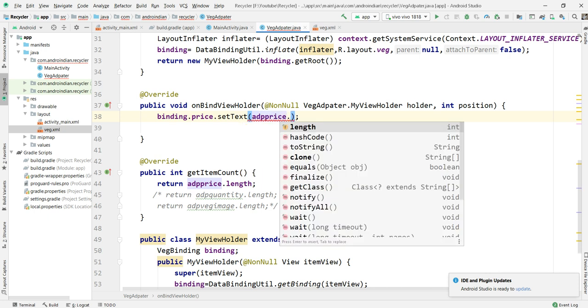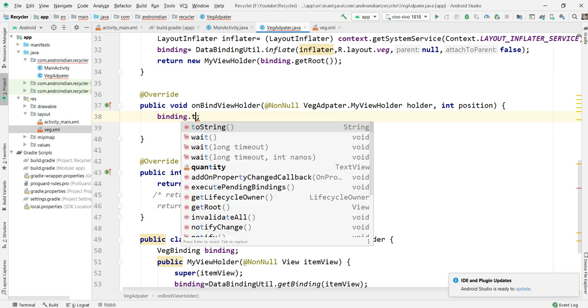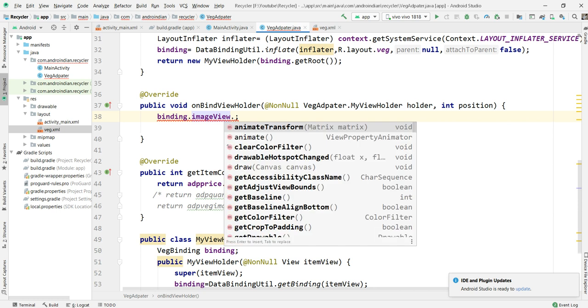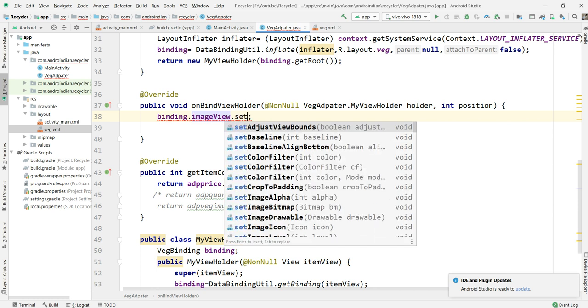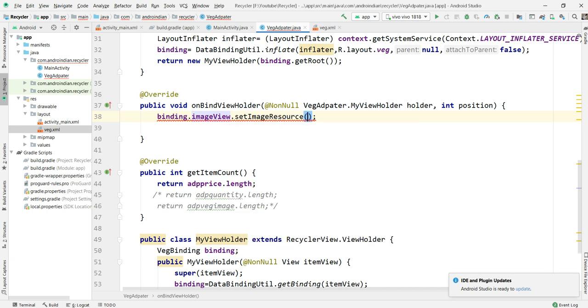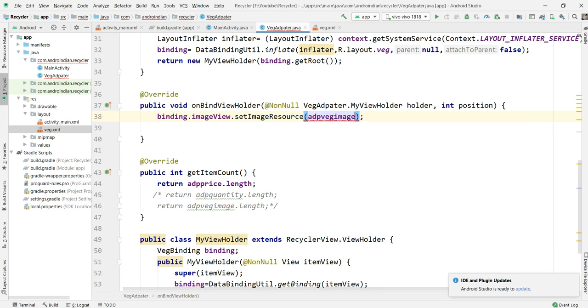ADB adapter dot, binding dot, binding dot image dot setImageResource, so that is image of position, correct.